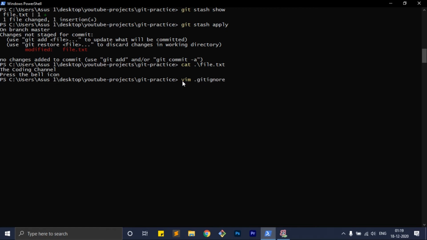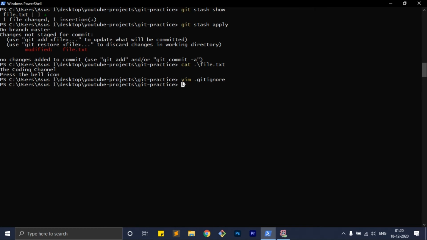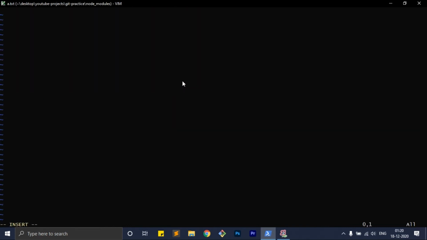So we create a file .gitignore, and in this file we just list all the files we want to ignore. So if I want to ignore node modules, I'll create .gitignore, and here I will write node underscore modules. Now git will not track the node modules folder, so if I create a folder called node modules and I go to the node modules folder and create a file a.txt, and I write something,